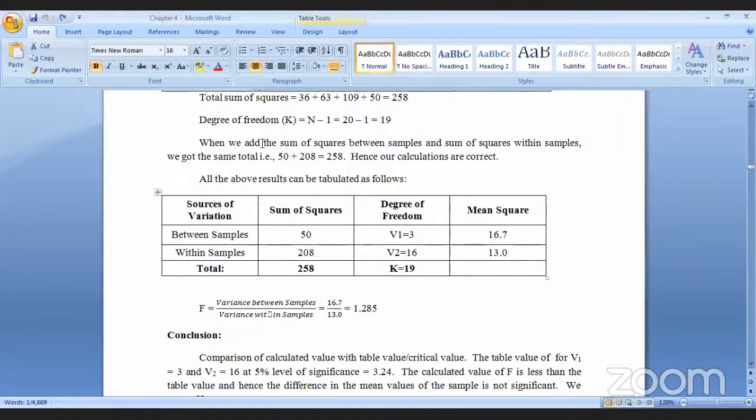See, when we add the sum of squares between samples and sum of squares within samples, we got the same total, that is 50 plus 208 is equal to 258. Hence our calculation is correct. So all the above results can be